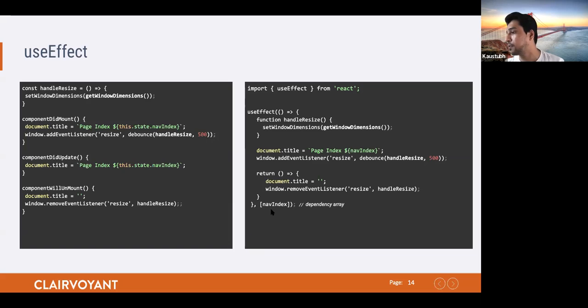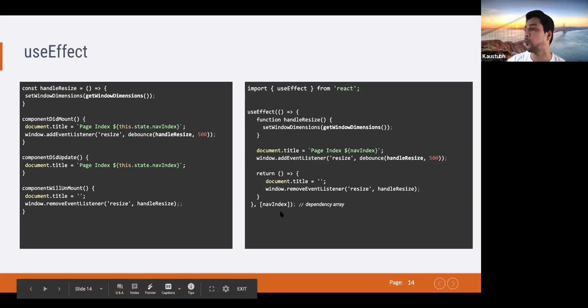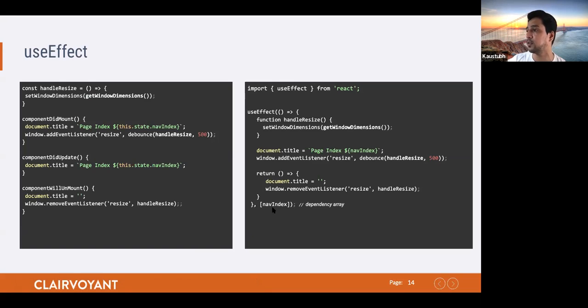So if I'm passing navIndex, this means that the useEffect is going to run when the component is mounted at first, and whenever the navIndex value changes. So this effect will run at that time as well. And again, there is a special thing that we see over here, which is the return callback method, which is nothing but a cleanup method.